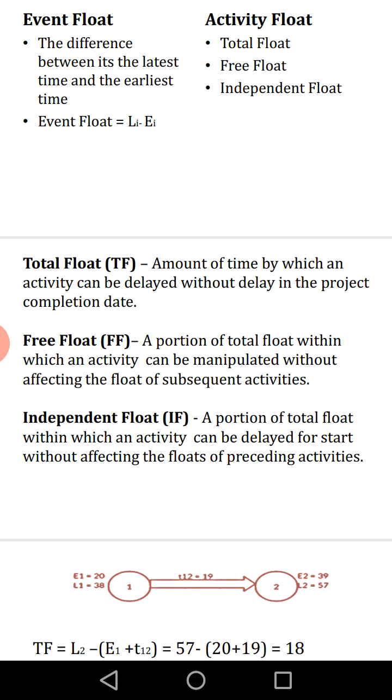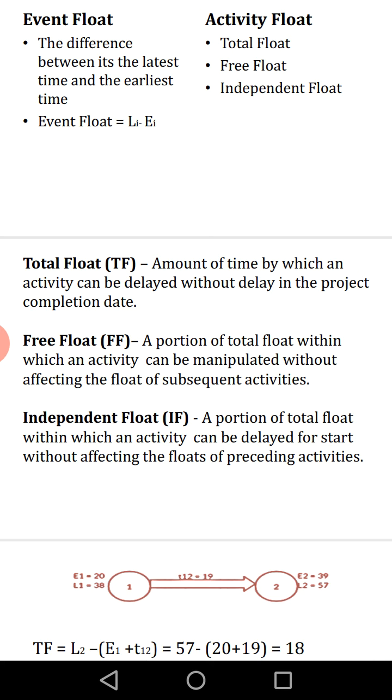Now free float and independent float form a part of the total float. Free float is again subjected to an activity, and it will not disturb the subsequent, that is the following, activities. We call a float independent when it does not disturb the preceding, that is the earlier, activities.